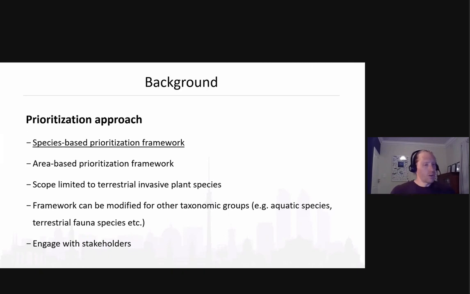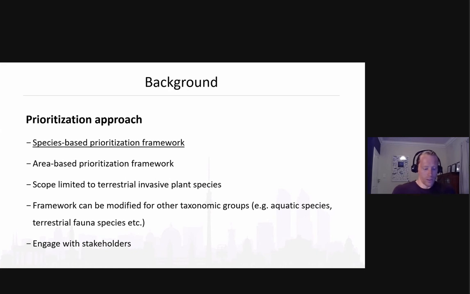We took a two-pronged approach for this prioritization framework. We looked to develop a framework for prioritizing invasive species, and also a framework to prioritize sites for management. I'll focus on the first approach for the majority of this presentation.